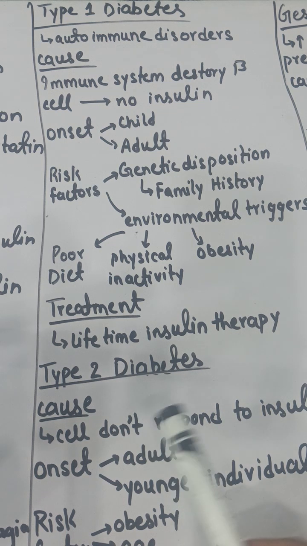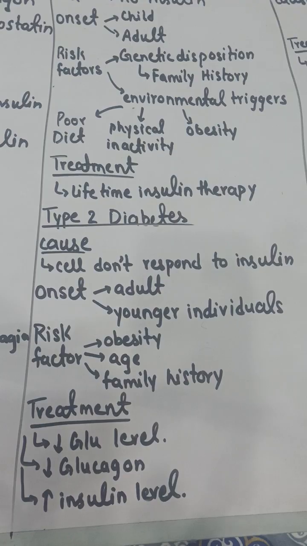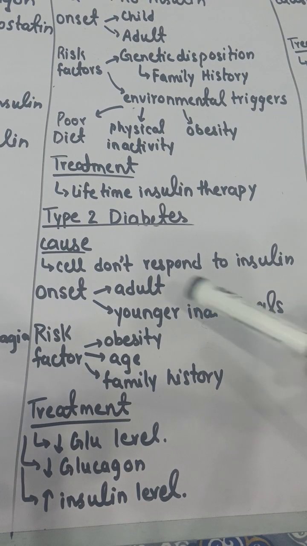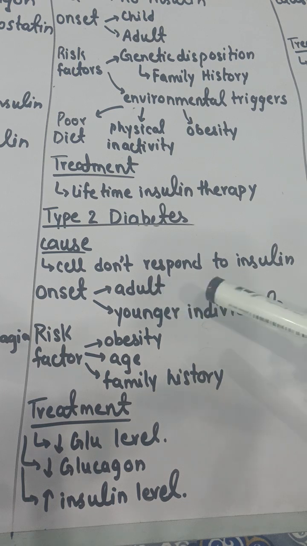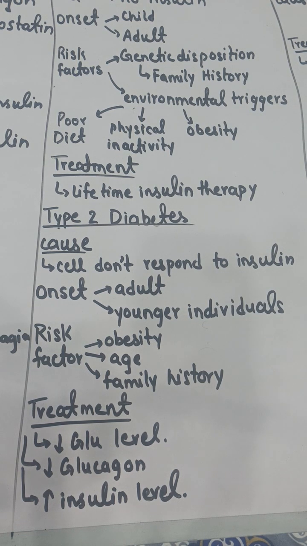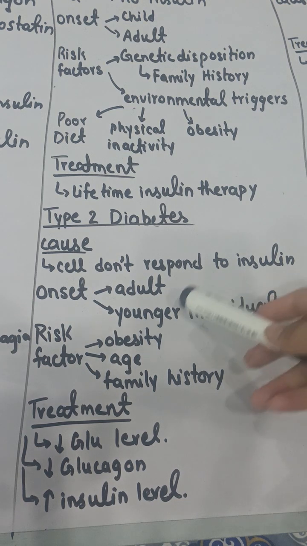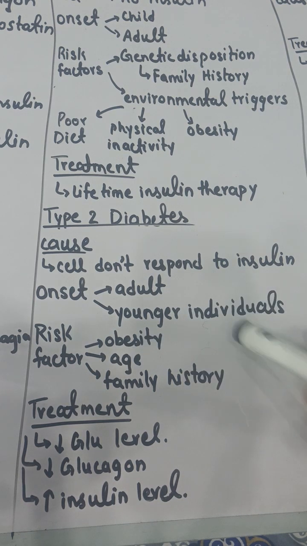Let's discuss type 2 diabetes. Type 2 diabetes is not an autoimmune disorder. In type 2 diabetes, the cells do not respond to the insulin. Your pancreas, your beta cells, will produce insulin, but the cells which should respond to the insulin are not responding to it. The onset of this disease is in adults and it also occurs in young